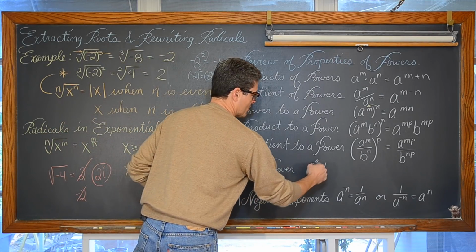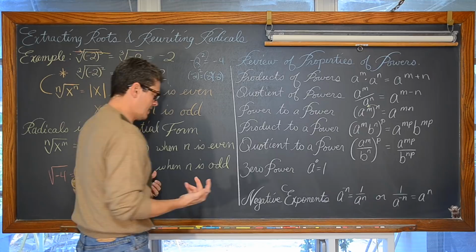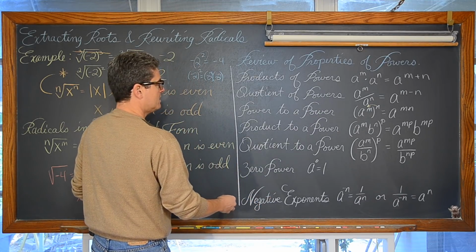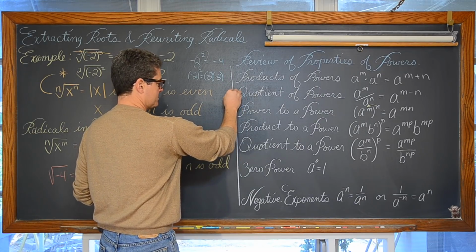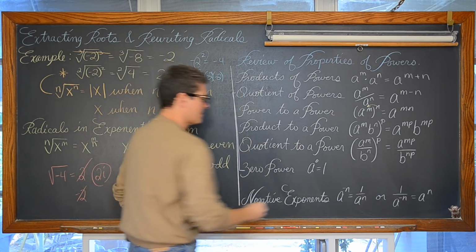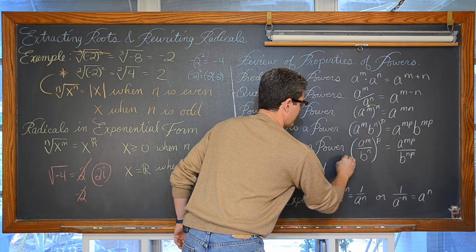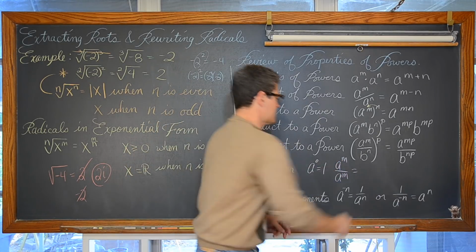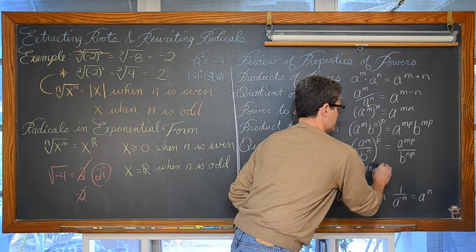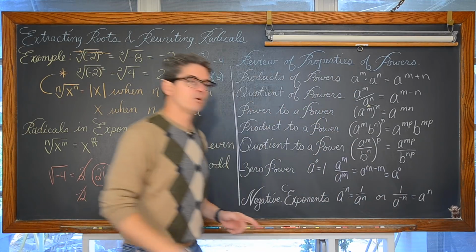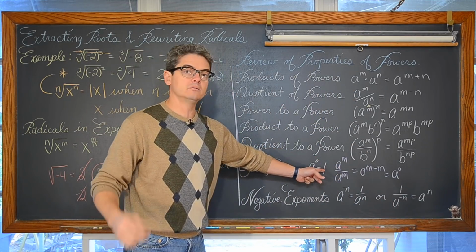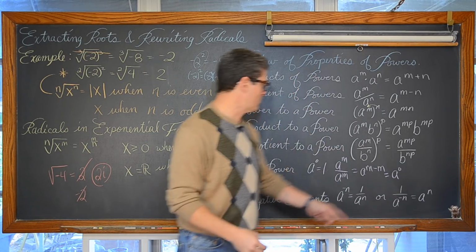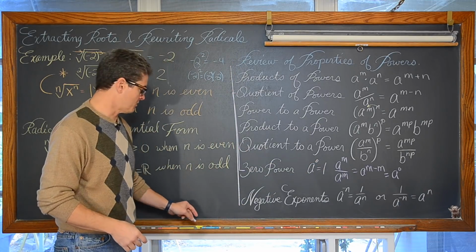Remember that anything to a 0 power is equal to 1. That can be explained, if you haven't had a teacher do that before, using the quotient rule. Something like this could be a to the m divided by a to the m. Well, when you divide like bases, you subtract those exponents. That's a to the m minus m. Well, that's a to the 0 power. And anything divided by itself is 1. So a to the 0 power is equal to 1.